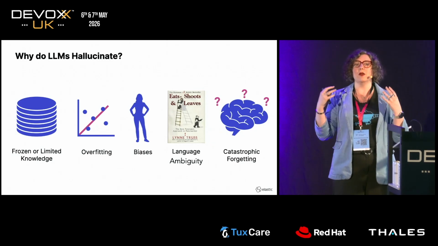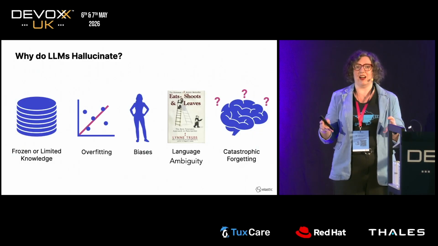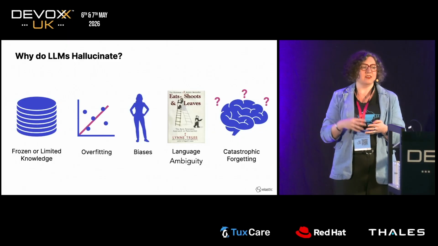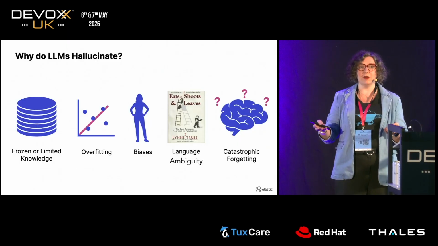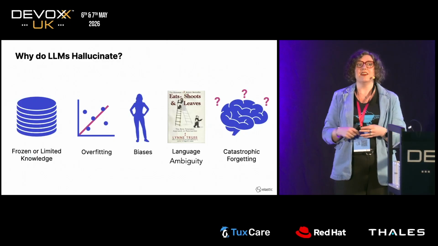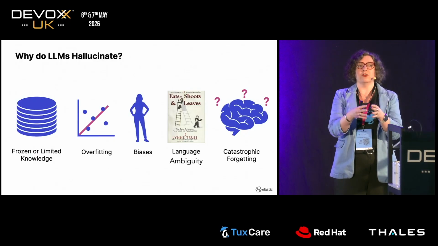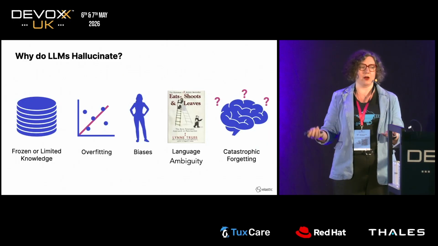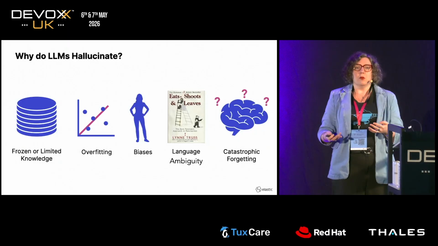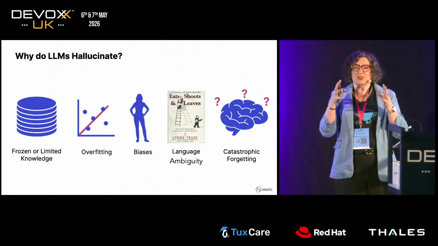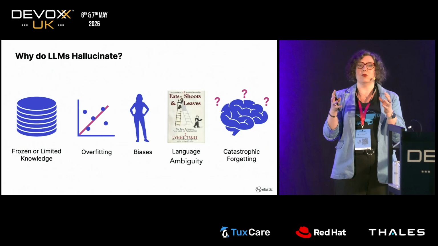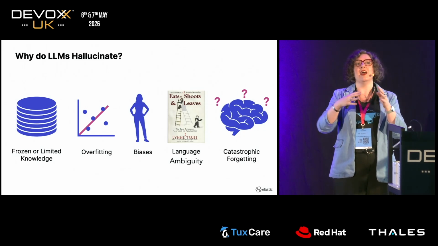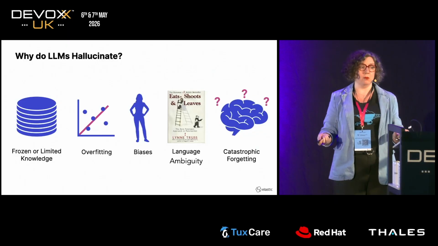It can be down to the state of the training data and the knowledge it has. If it's limited, if we have a model, for example, that has the cutoff date of November 24, and I ask it what happened in the football last night, it's not going to know. So we have the notion of cutoff point in terms of publicly available information, but also private information from our companies. If we're using smaller models or models that are perhaps trained on specific cases, we can suffer from something known as overfitting, which is basically where the parameters are too tight and focused on the training data and don't have the flex to resolve to our given problem.